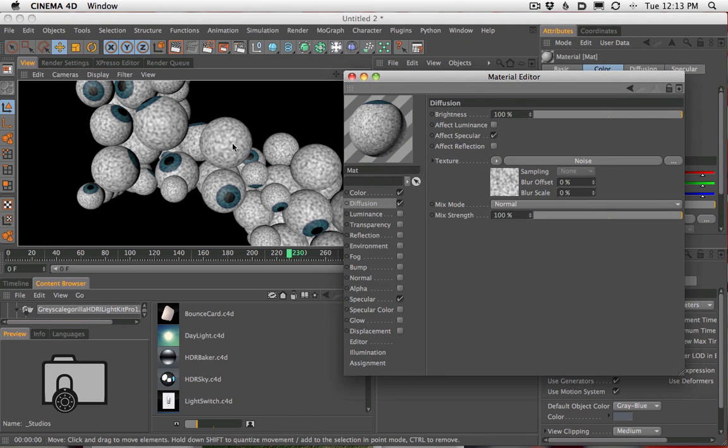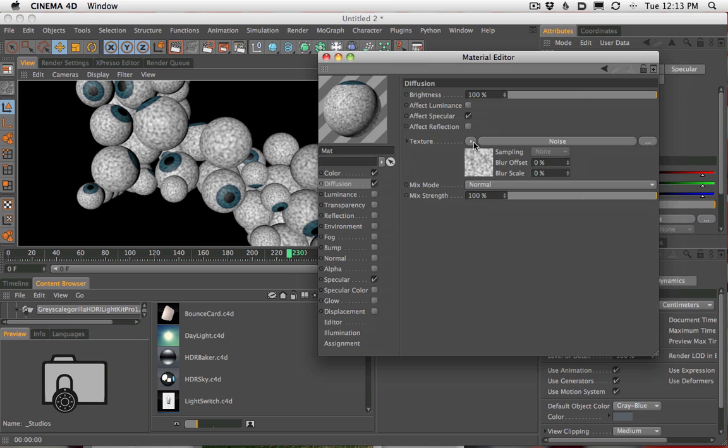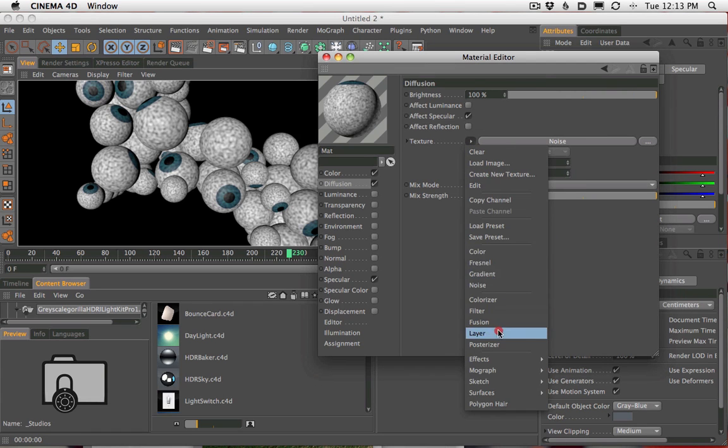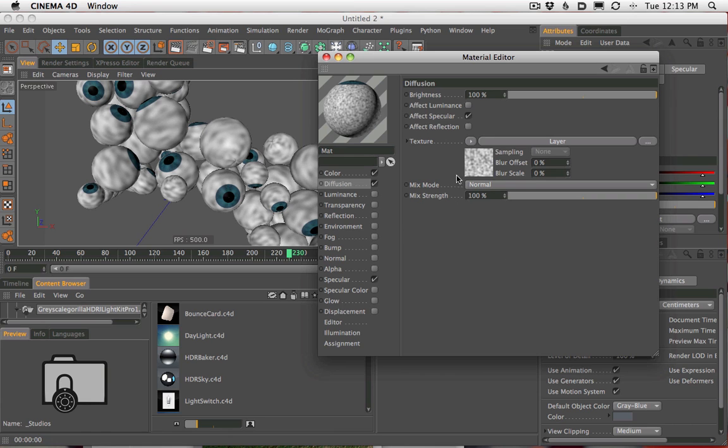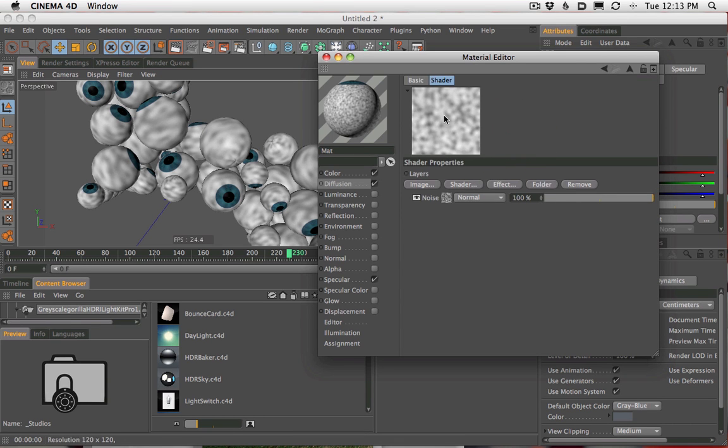All we really want to do is add noise to only the blue part. And the way we're going to do that is with a layer shader. So I already made a noise shader. If I come in and I make it a layer shader instead, what the layer shader does is allow me to go into the layer shader and look at more than one shader at a time and allow me to multiply and kind of blend them together.